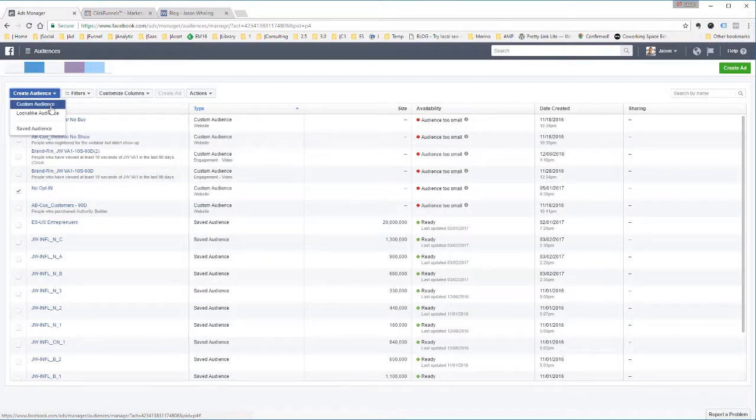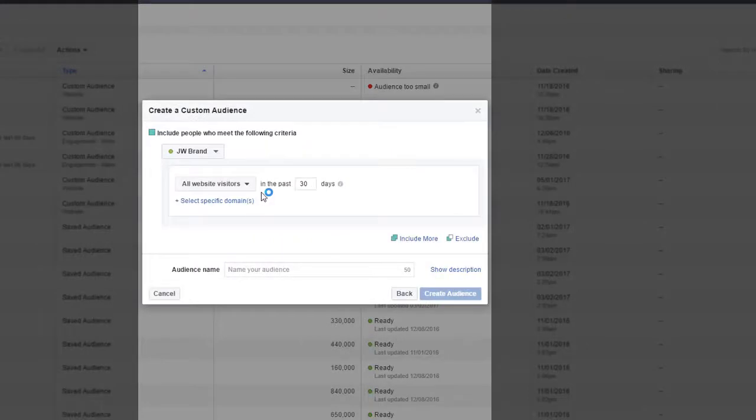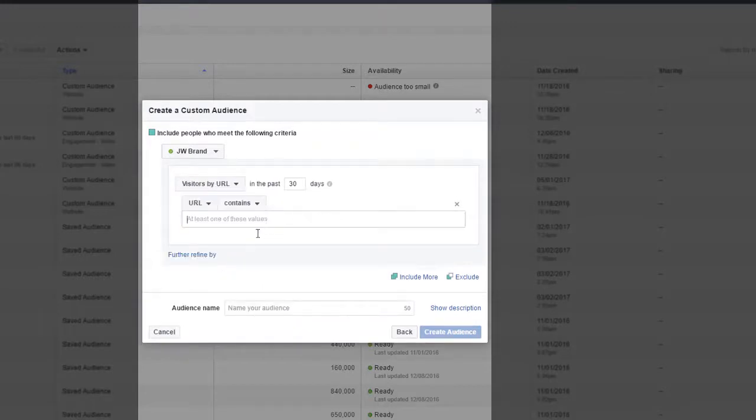Now, we'll go in again and create a new custom audience from website traffic. Now, there is another way. There's another great way to utilize this tool, even if you're not driving traffic to a landing page, and that is via your blog. So over here on my blog,